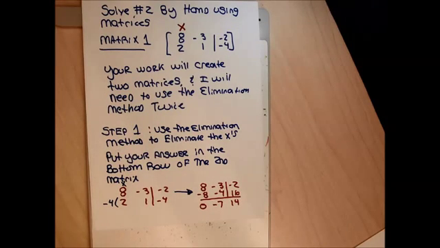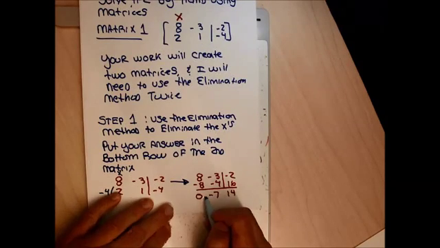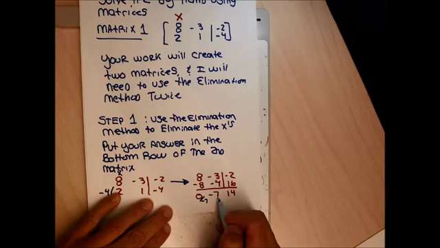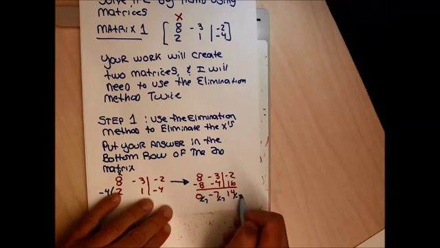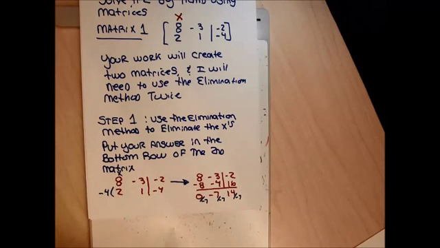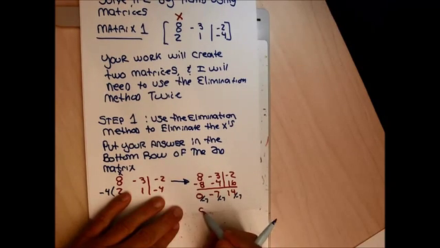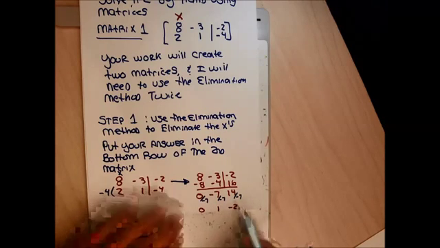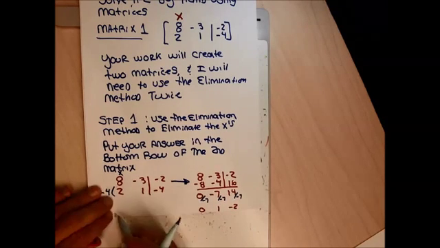Each one of these numbers is divisible by 7, so I'm going to divide. I'm actually going to divide by negative 7, just like when we were doing the algebra for solving systems of equations. If I got a row or an equation that all the numbers were divisible by the same number, I usually did that division. So 0 divided by 7 is 0. Negative 7 divided by 7 is negative 1. 14 divided by negative 7 is negative 2. This right here is going to be the bottom row